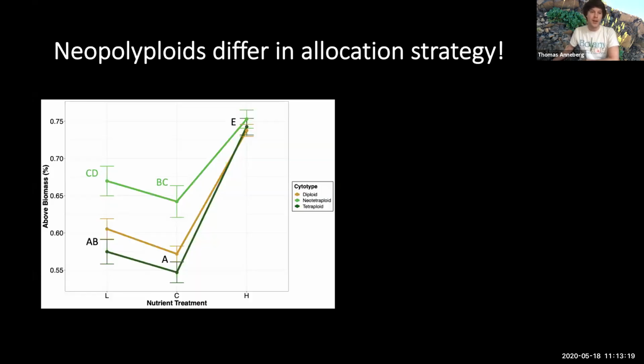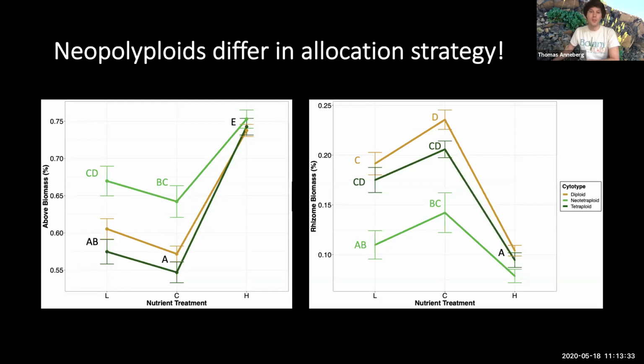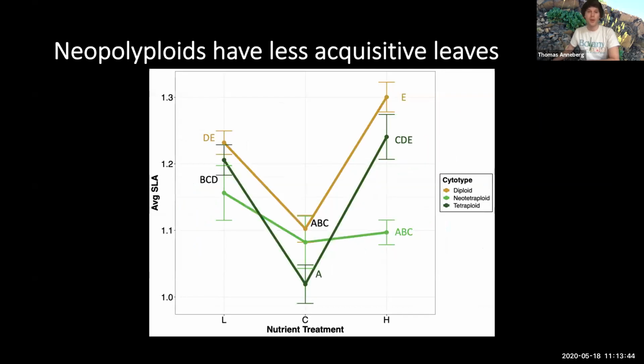And you can kind of see that playing out more clearly, just looking at the above ground biomass allocation strategy reaction norm, where the neotetraploids in lime green here were forming more biomass above ground instead of rhizome, particularly at low nutrient supply. So that's pretty compelling evidence to me, at least, that the neotetraploids were more carbon limited. And we see a similar pattern emerging from our leaf trait data, where the neotetraploids just had less acquisitive leaves. So if you remember what I said earlier, with increasing specific leaf area means you've got a thinner, bigger area leaf. So the neotetraploids, it appears that they had